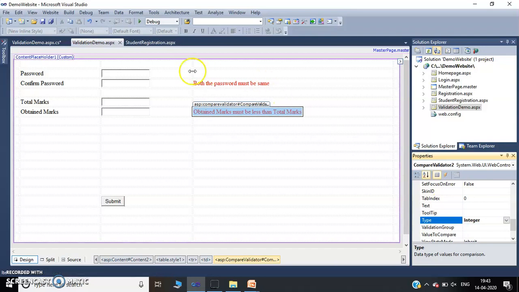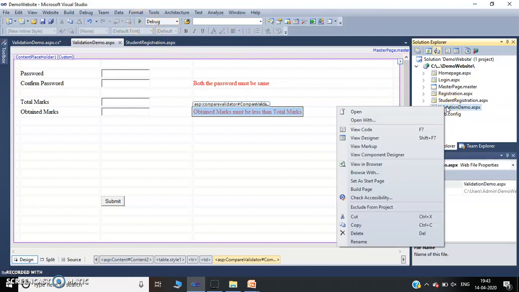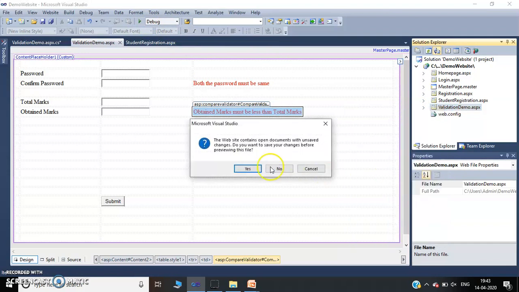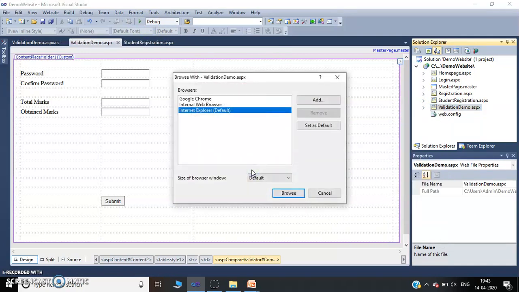Again the same process, right click on web page, browse with. You have to save before executing this program. Now select the browser. You can set a particular browser as default, so next time we don't have to select every time. Now click on browse button.